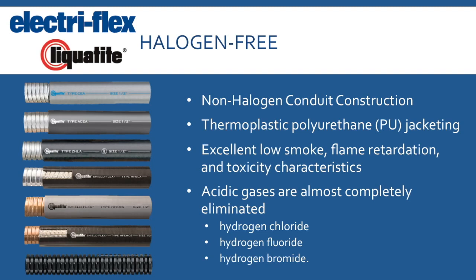These are all made with a specially formulated thermoplastic polyurethane jacketing material instead of the normal PVC. Our Corlock type CLFR is made of a specially compounded, homogeneous, flame-retarded, halogen-free nylon 6 material. Both of these specially formulated polyurethane and nylon 6 materials provide excellent low smoke, flame retardation, and toxicity generation characteristics. Acidic gases such as hydrogen chloride, hydrogen fluoride, and hydrogen bromide are almost completely eliminated as products of combustion in